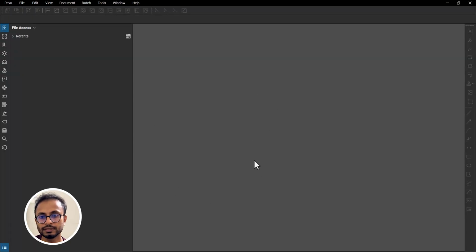As you can see, this is the interface of our Revu Bluebeam software. On the top we have the toolbar that states the File, Edit, View, Documents, Batch, Tools, Window, and Help panels, and on the left we have several other options as well. On the right we have other toolbars, markup toolbars, markup tools, and other drawing tools as well. So let's begin by working our way through the tools that we're going to use